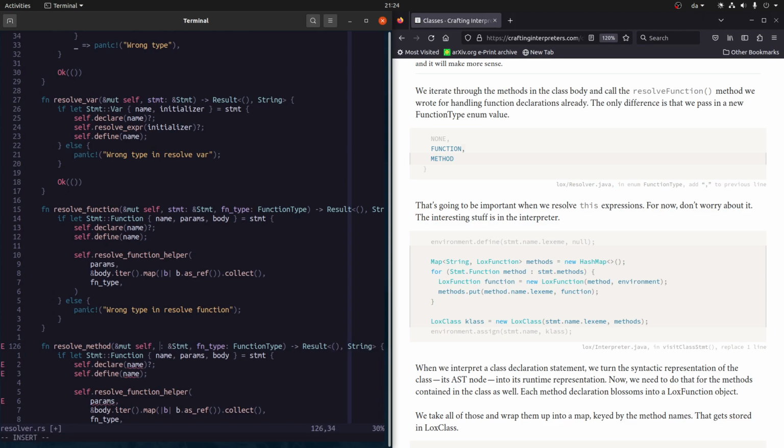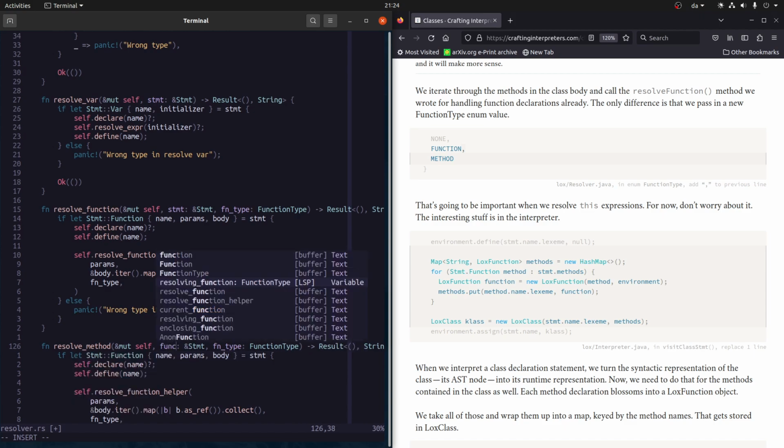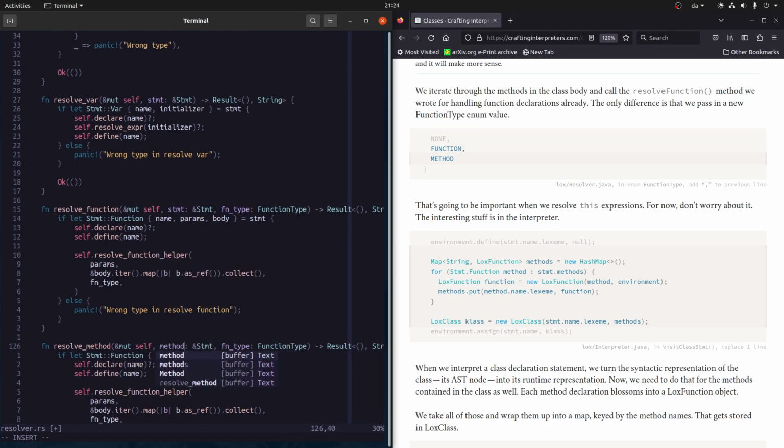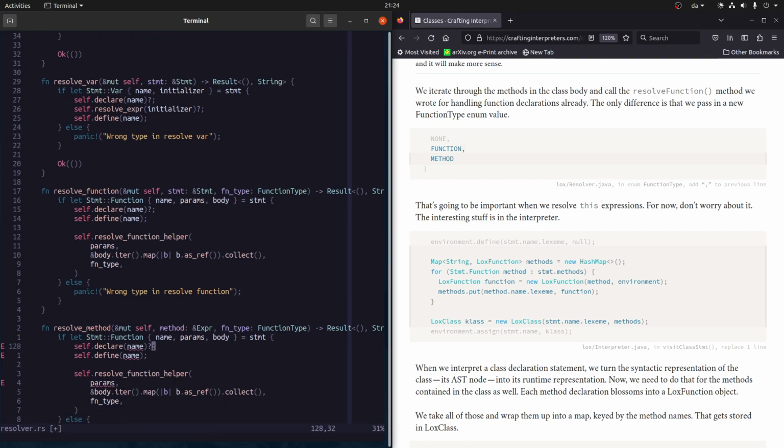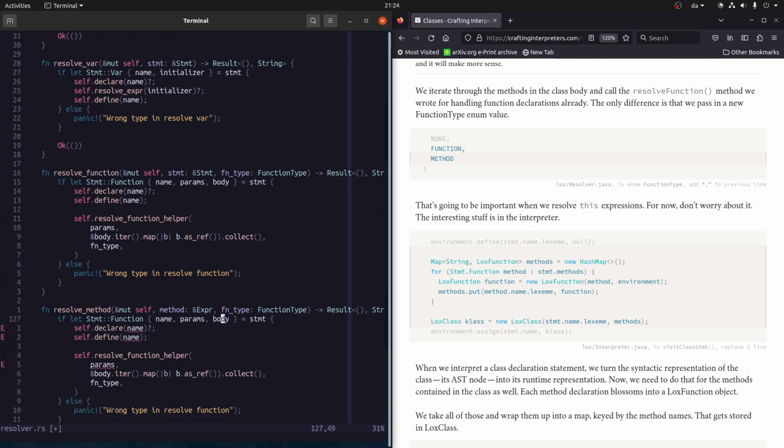It's gonna be a, let's call it method. And again, it's gonna be not a statement, but an expression. Don't really need the function type, but I will just keep it. And we're not gonna